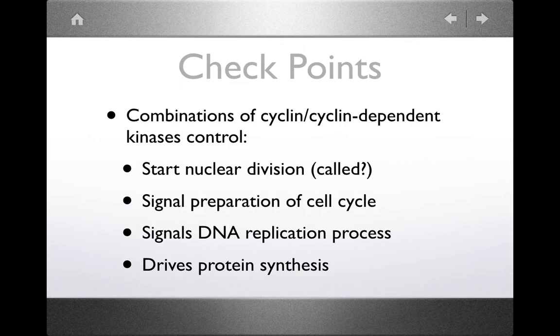At the end of G1, there's one of these checkpoints. Some cells can't get through this checkpoint. If you're a heart cell, a nerve cell, or some plant cells, you don't go past G1. But if you can, at the end of G1, when you are told it's time to divide, you produce cyclins. Those cyclins bind to cyclin-dependent kinases, turn on and off the machinery that's needed to go into S. And that's another place where there's a stop sign, the DNA replication process.